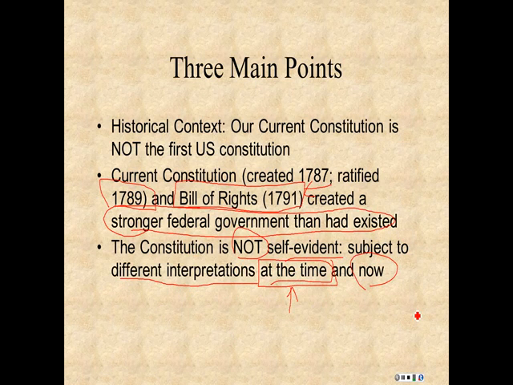This is a really important point for our current day, in that some people seem to think that there is one view of the Constitution, and they say, well, just follow the Constitution. Well, what does that mean? It's not as easy as you think, and we can have good faith disagreements about how to interpret the Constitution, and we can still be all good patriotic Americans. But some people think it's so simple. Oh, there's the Constitution. Well, if those people actually went and read the Constitution themselves, I think they would realize that it is not so simple.